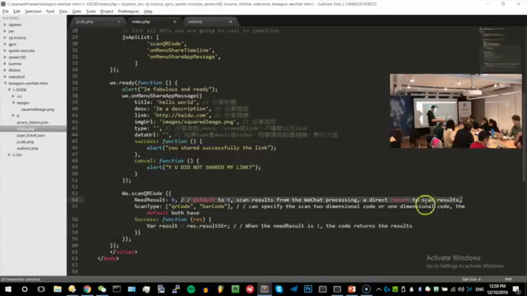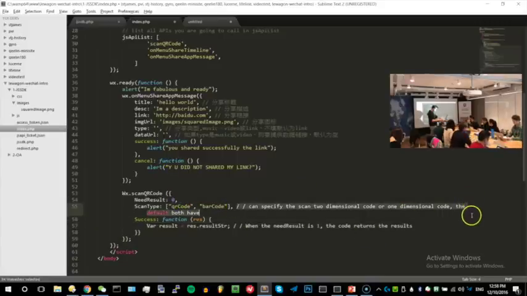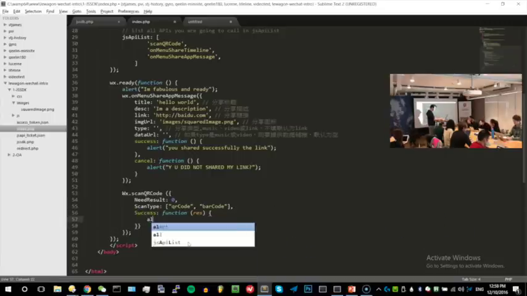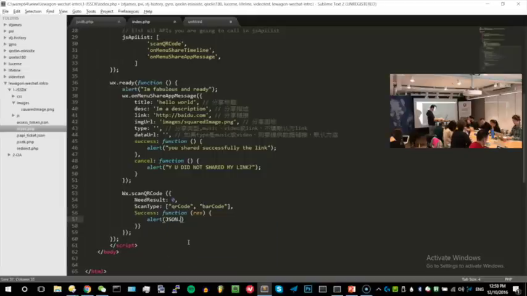We delete the comments. Okay. And we're going to do alerts and JSON stringify. Yes.